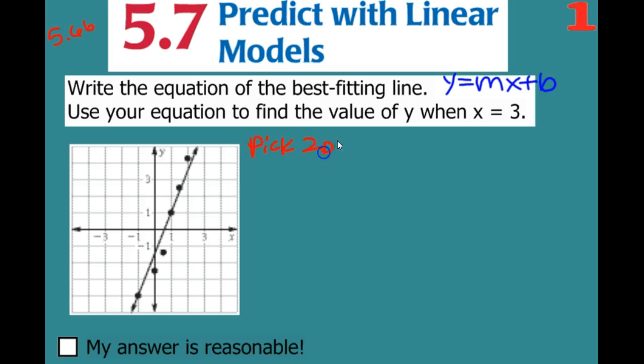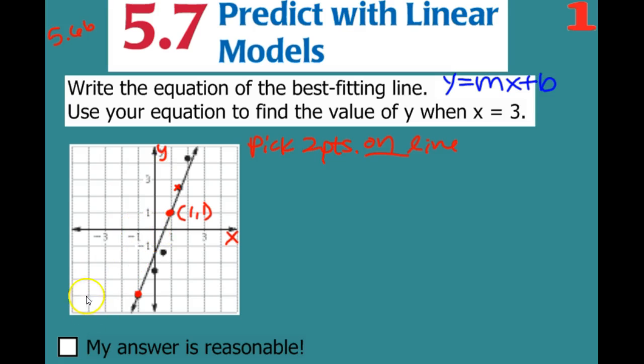First we have to pick 2 points. PTS is short for points. On the line, on our diagonal line here, and there happens to be 2 points on our line already. This one is not a good point because we'd have to be like 1.5 to get there, so I would not use that one. But this point is at a nice whole number, 1, 1. And if we follow our line down here, this is a nice point as well, which is, remember, x comes